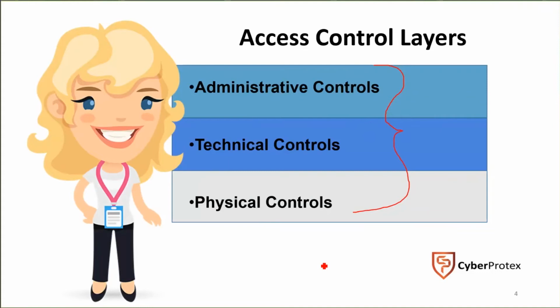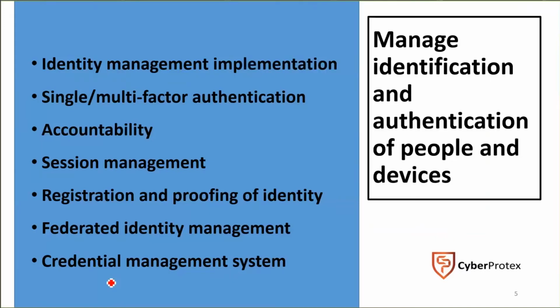We want to make sure that we have the appropriate controls in place to keep the honest person honest. And a lot of times, that's exactly what we're looking to do here. And so for our purposes, what are some of those controls, and what do we need to do in order to ensure that we're implementing those correctly? All right, so